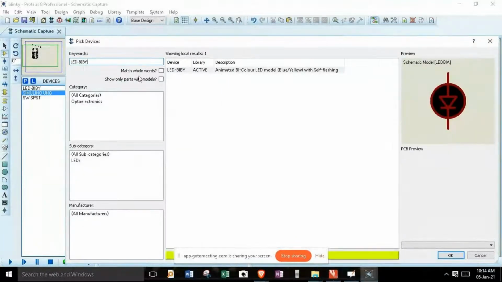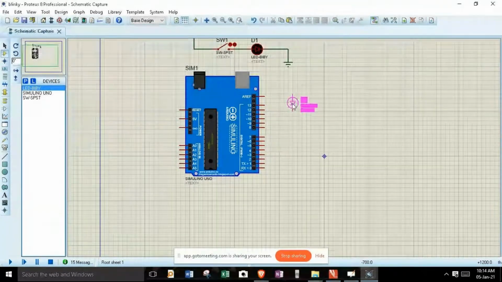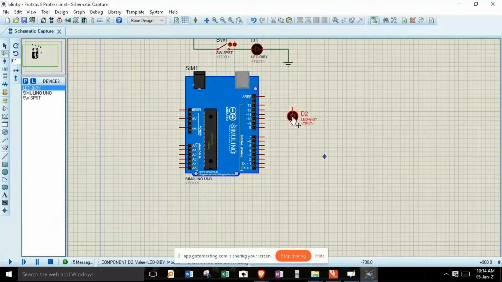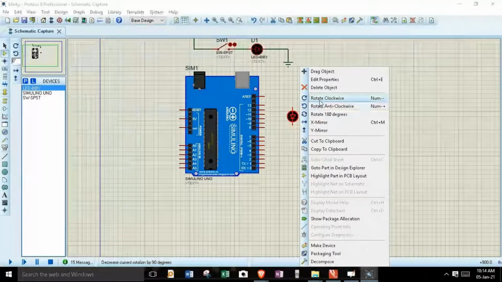So here is where I can have the same LED again. So what I'll do is I'll place that LED. I'll rotate this LED.